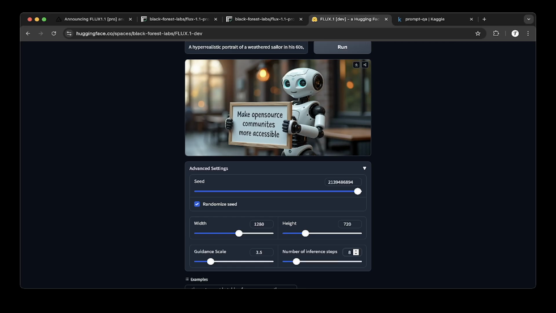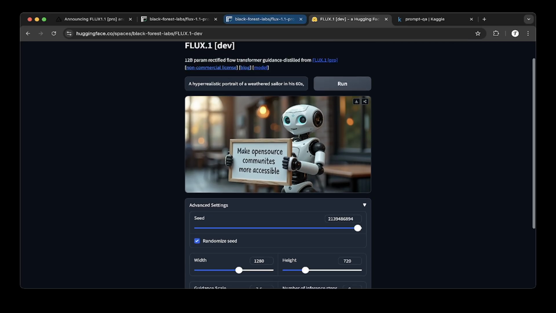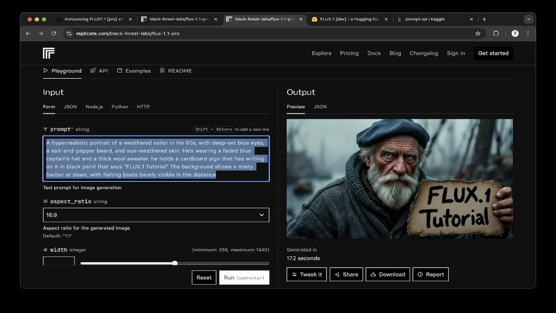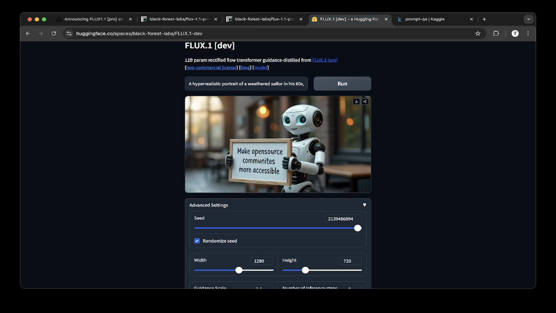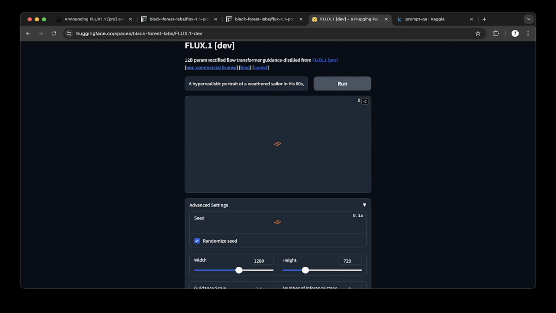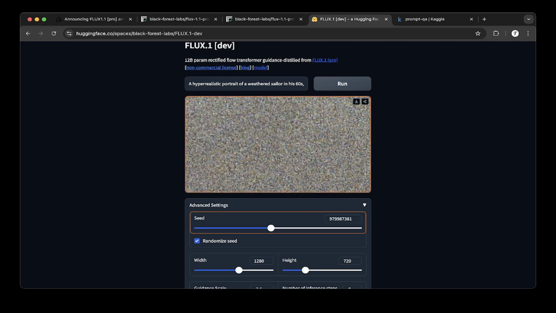Let's turn inference steps to 8. Oh, by the way, replicate.com doesn't actually let you specify the steps. But you can do it in the Hugging Face space. So, and also you can see